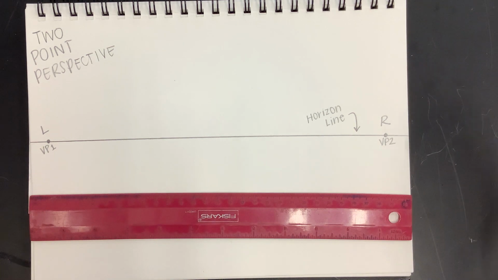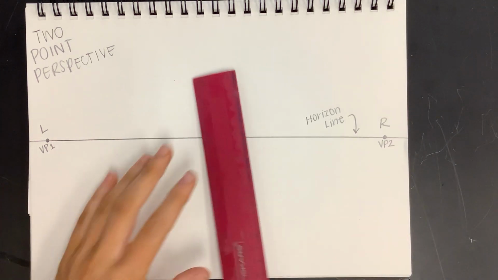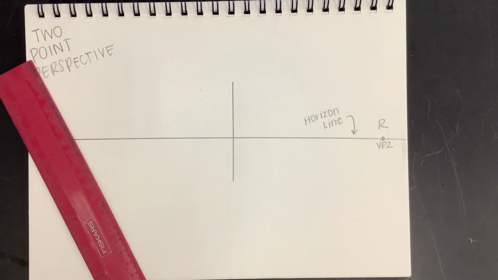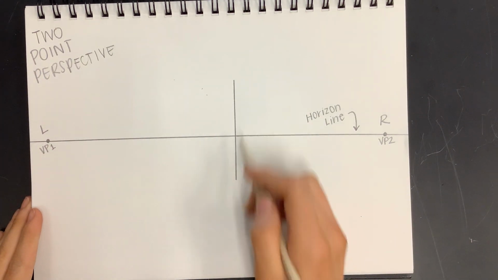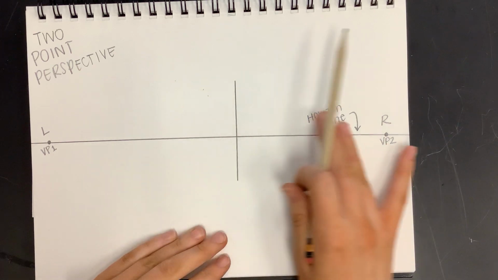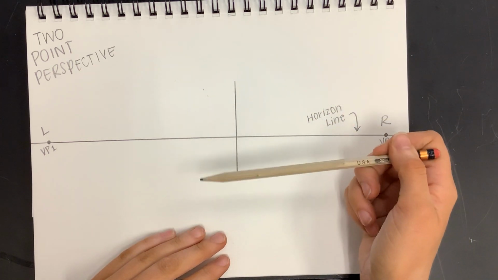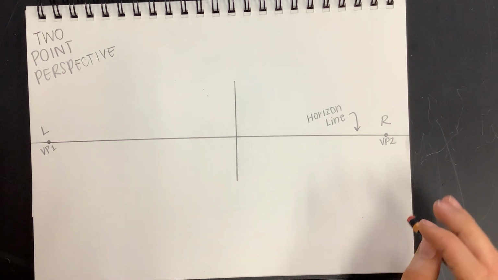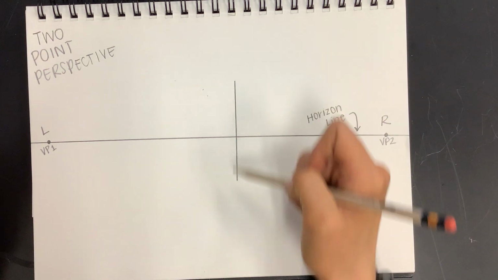Okay, so the difference with our 1-point perspective is we're looking at it from the corner. So yesterday we were looking at the front of our box. Today we're looking at the corner. So there's the 2 points that come through it. So if we're right on our horizon line, we're going to draw a line. So draw a vertical line like this through your paper. It goes through your horizon line. So when it's on the horizon line, we're not going to see the top or the bottom of the box. We're just going to see both sides. Yes. It can be in the middle, it can go anywhere, just as long as it crosses through your horizon